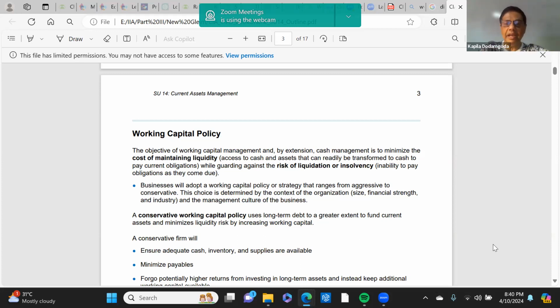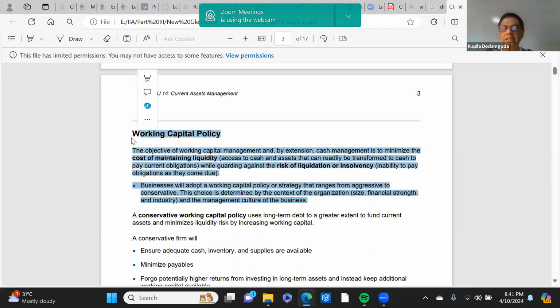Okay, right. Having said that, a conservative working capital policy uses... okay, before I go into that, any comments on what we have discussed so far, Prasanga? Are we okay? Go ahead, sir. Right. So throughout this discussion, you manage these two sides of maintaining liquidity, and how well you manage the cash is what you're going to discuss today.